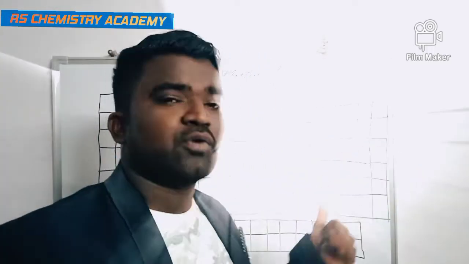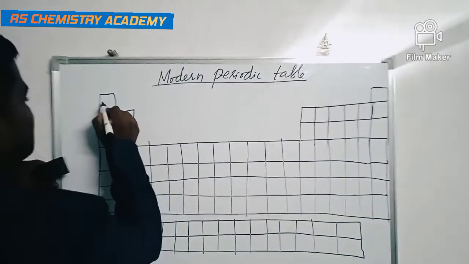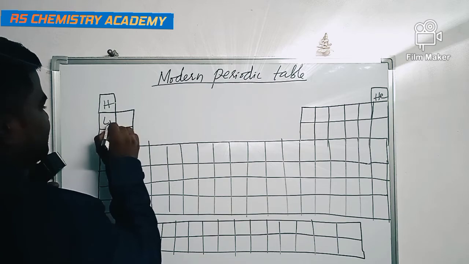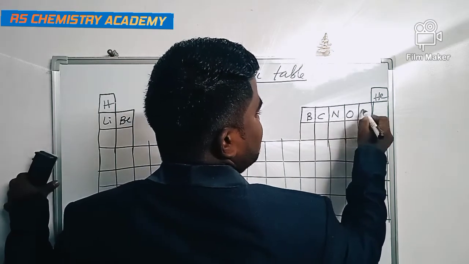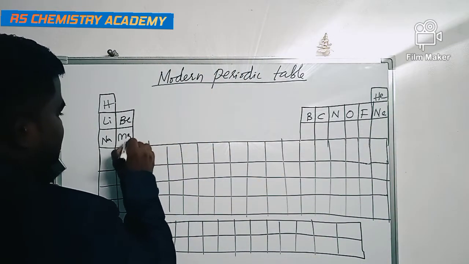If any question is asked from this chapter, we should know at least how to draw the table and how to arrange the elements up to zinc. From hydrogen to zinc is enough to arrange the elements in this table. First of all, write the elements from hydrogen: hydrogen, helium, lithium, beryllium, boron, carbon, nitrogen, oxygen, fluorine, neon, sodium, magnesium,